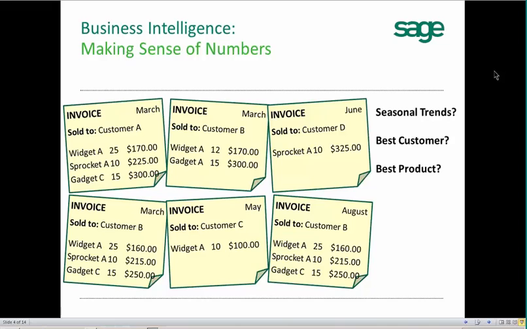In one case, if I'm using a judgment in terms of how fast my items are moving, I've got widget A on 5 out of the 6 invoices. Okay? Business intelligence would help me identify that that's a fast-moving item for sure. But again, I go back to that invoice in June for customer D. That invoice has the highest margin. So depending on what we define as our best product,